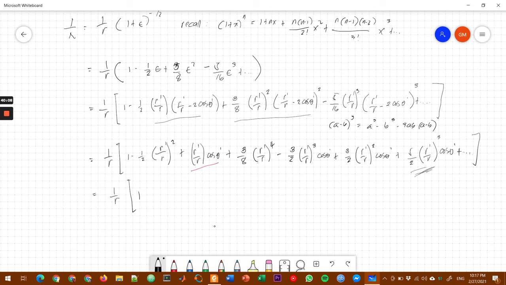That would be 1 plus R prime over R cosine theta prime. Next is usahon na to ang tanan nga R prime over R square. So, asa man na siya. Kani, this one, and this one. Okay? So, factor out R prime over R squared. So, that would give us